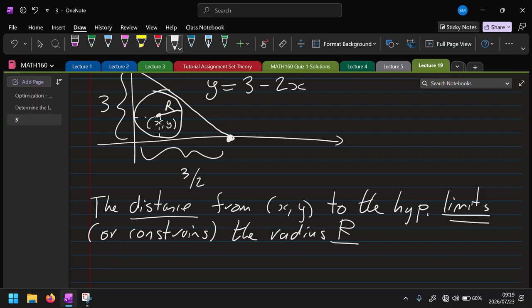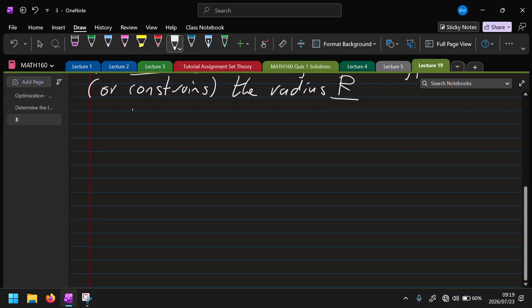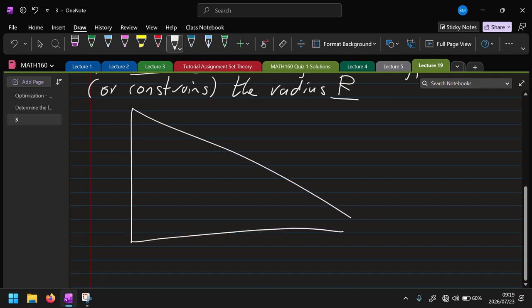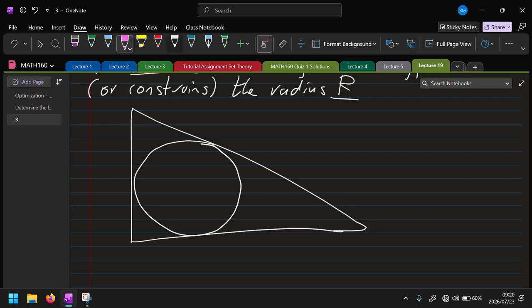Make sense? So let's redraw this diagram a little bit bigger so we can draw some more lines. So we've got something like this. We've got the circle. Remember, we want the largest possible circle, so it must touch at all these points. Same as the rectangle, if it's not touching this point, then it's smaller. Over here, we've already worked that out. If it's not touching this point, it's going to be smaller. Same thing there, it must be touching there. We've worked that out already. And then somewhere